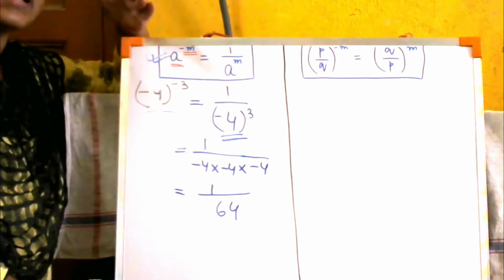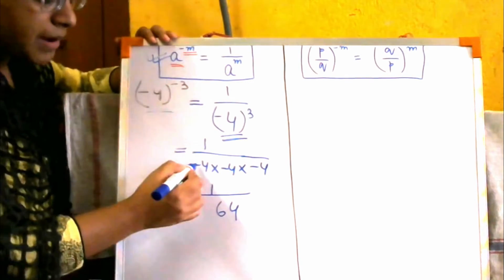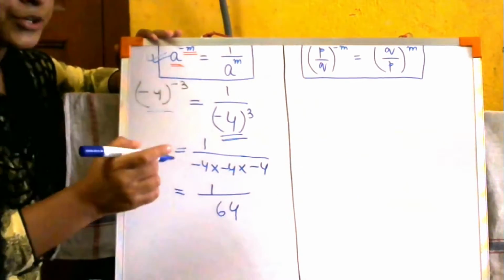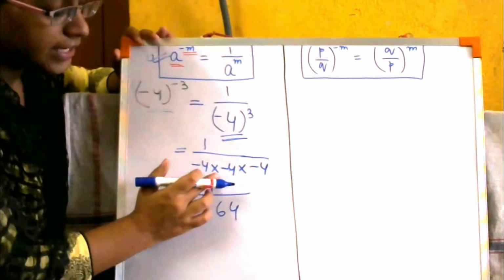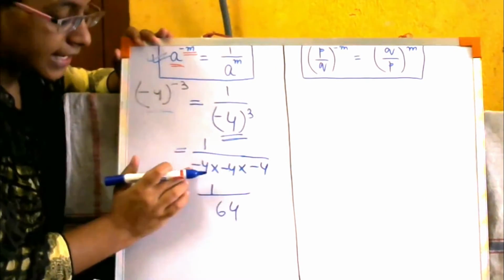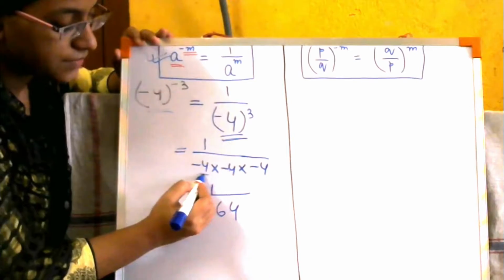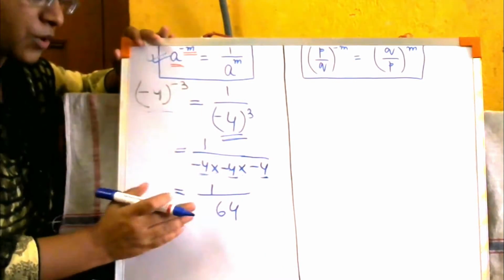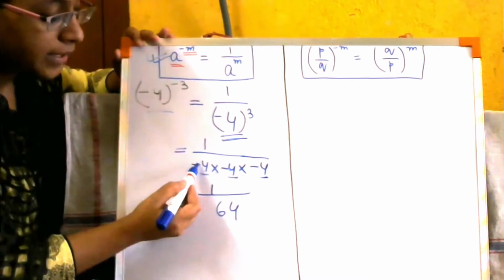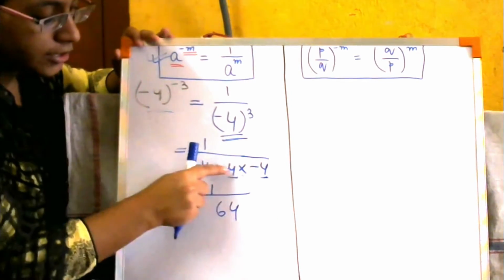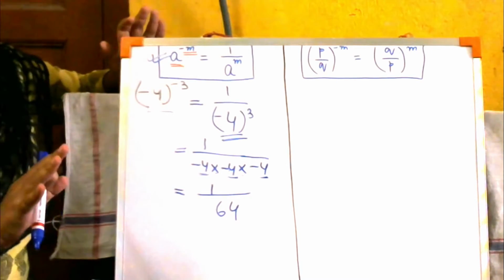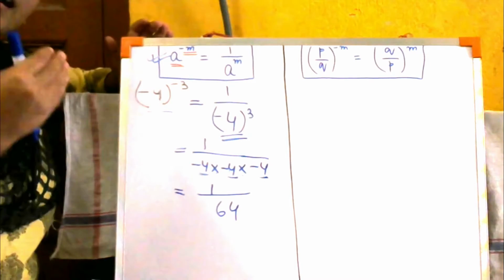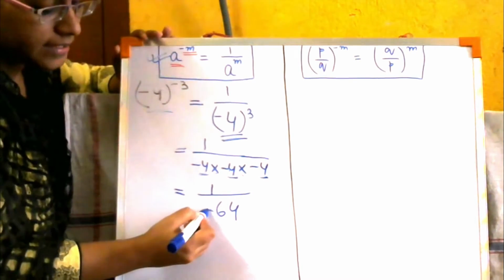Now you people are in class 8. I guess you know that minus minus is plus, plus minus is minus. I guess you know. Now how are you going to know? There's a simple trick over here. If there are multiplication signs in between and there are minus signs with the digits, how are you going to know what sign is going to be put over here? See how many minuses there are. 1, 2, 3. There are 3 minuses. So when the minus is in uneven number, that means the sign minus will be there.